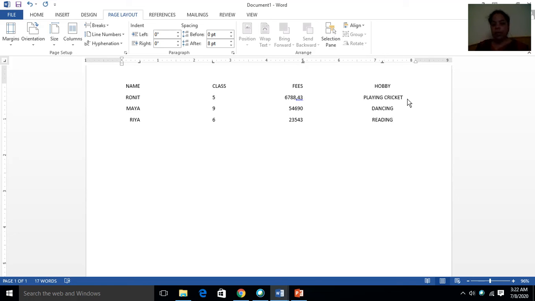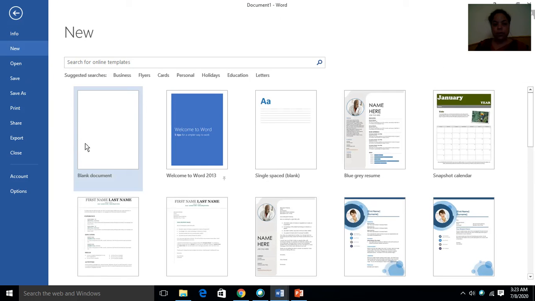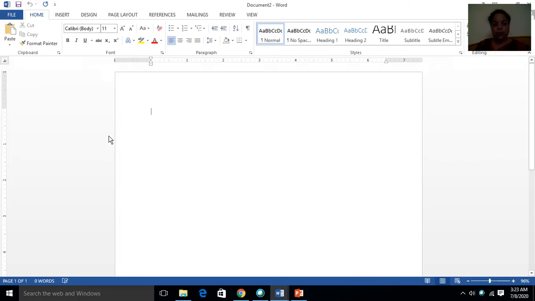So this is the way to set the tab. Another way is, with the help of this, you can change the tab also. Whenever you click on it, you can see the tab is changing. So by just changing the tab from this selector bar, you can set it here. I'm just taking a new file here so that it will be easy for you to understand how to set the tab with the help of the selector.